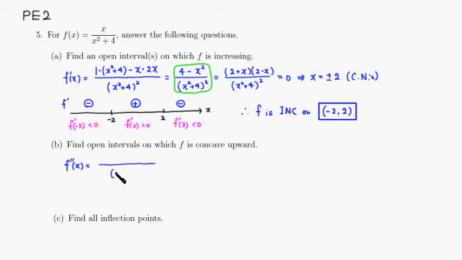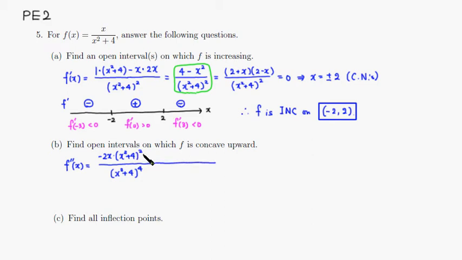Square the bottom, so x squared plus 4 squared, squared, which is a fourth power. Then the derivative of the top is negative 2x, times the bottom, x squared plus 4 squared,